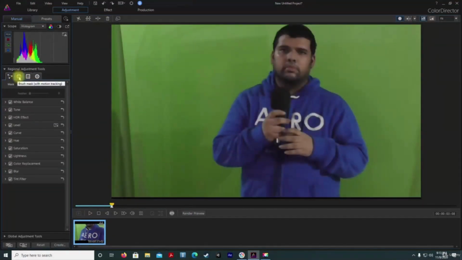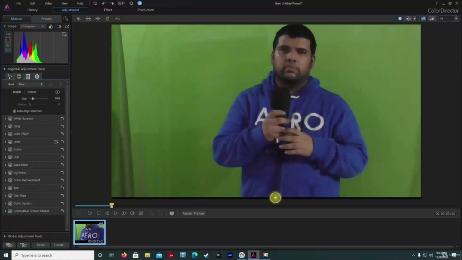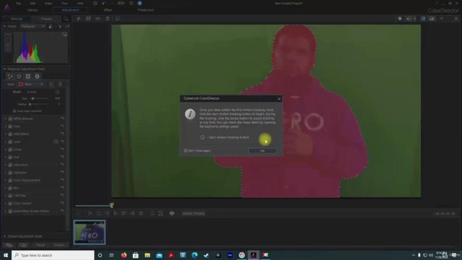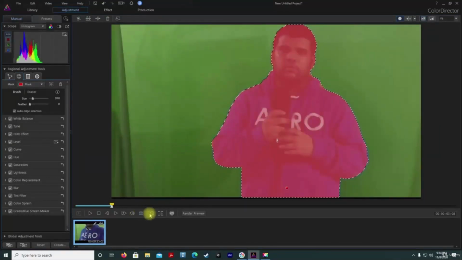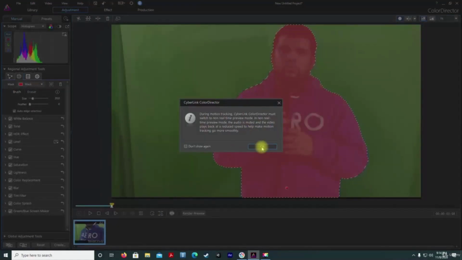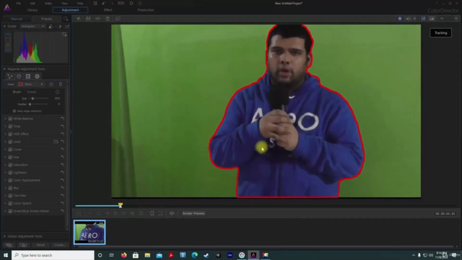All right, so go to this brush mask with motion tracking, and then select the area which you want to cover. In my case, I want to select the area which is me holding the camera, and then cover the entire image. And that's it. Now you have to press this button, which is the start motion tracking button. Press OK, and you can see